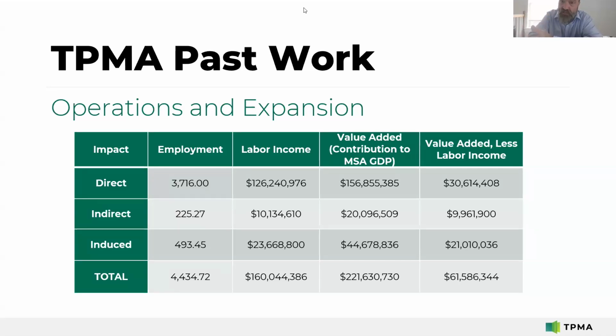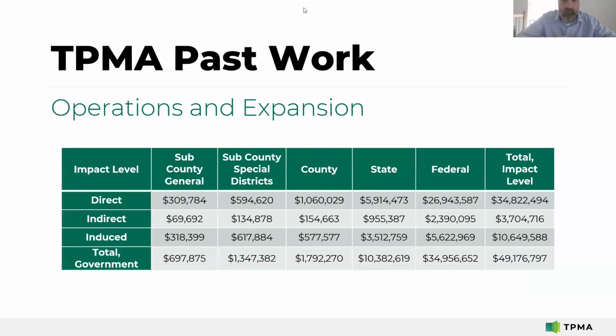And that's what you see in that last column there, the 30.6 million number. That's a portion of the value add that's reported in the next to last column on the right, which also includes the earnings of workers. But again, we follow this logic through, and you can see the indirect and the induced, same process. These are the number of full-time equivalent jobs that are being created by the presence of these 3,716 people in the industry under evaluation, and everything that flows from there.